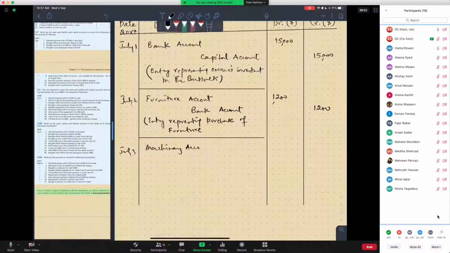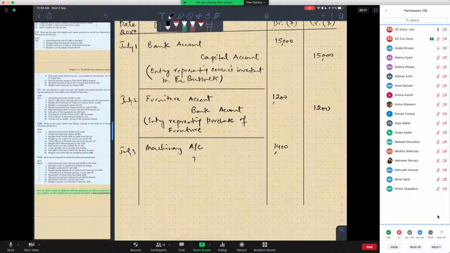And now I'm going to use a short version of account, because account is to be written next to every item's name. So we are allowed to use A/C for short for account, and you can also use that. So machinery account is going to be debited with the $1,400,